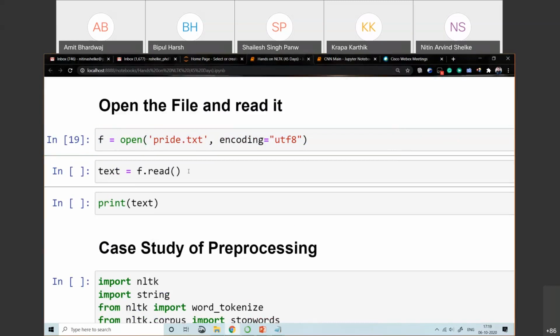These are simple Python file handling methods: open in read mode, write mode, and append mode. There are several parameters here, but I don't want to discuss that; I just want to discuss the pre-processing related part.